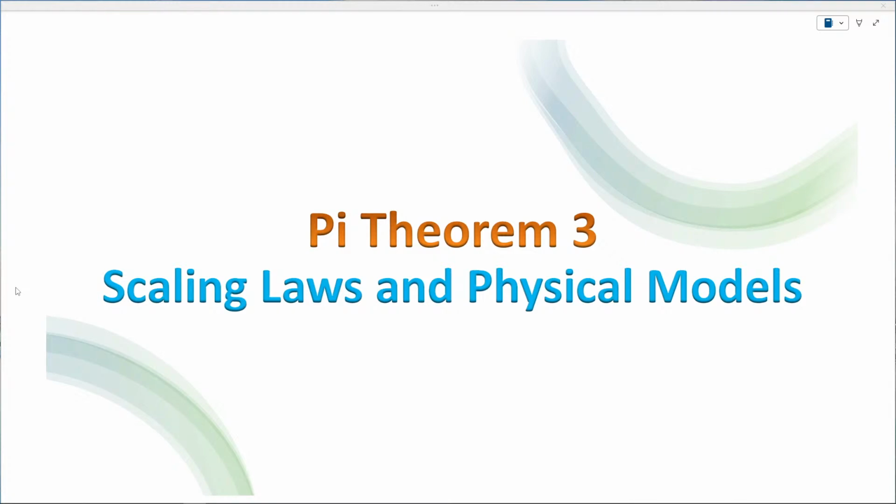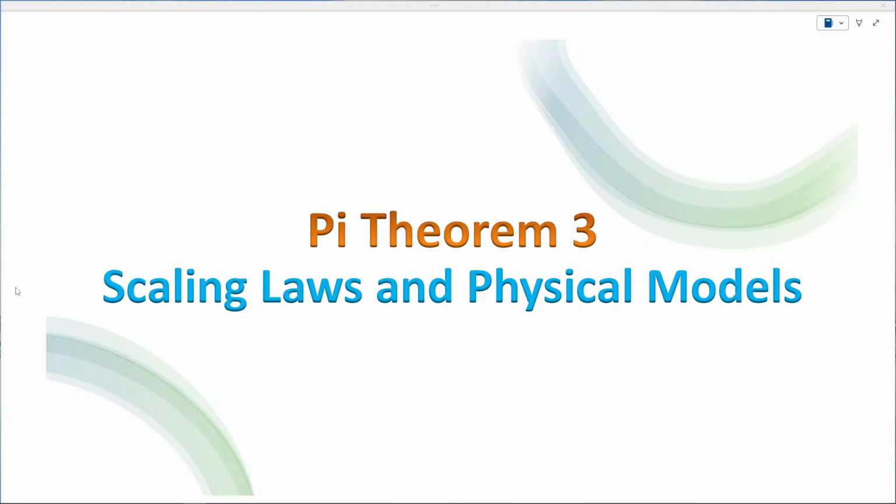So this is part 3 of pi theorem. In part 1, we learned about physical models and how pi theorem can help you to design and report your experiment by identifying pi terms. In part 2, we learned how, after we identify the pertinent variables, to use a systematic method to come up with pi terms. So why do we need these pi terms other than designing the experiment and reporting the